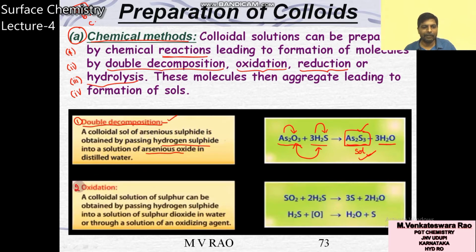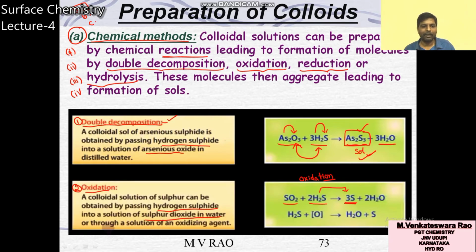You can see the second method, it is the oxidation reaction. Here SO2 is treated with H2S. S is formed. Sulfur sol is formed. You can see H2S is converted into S. Here removal of hydrogen takes place. Removal of hydrogen is what reaction? Oxidation. A colloidal solution of sulfur can be obtained by passing hydrogen sulfide into a solution of sulfur dioxide in